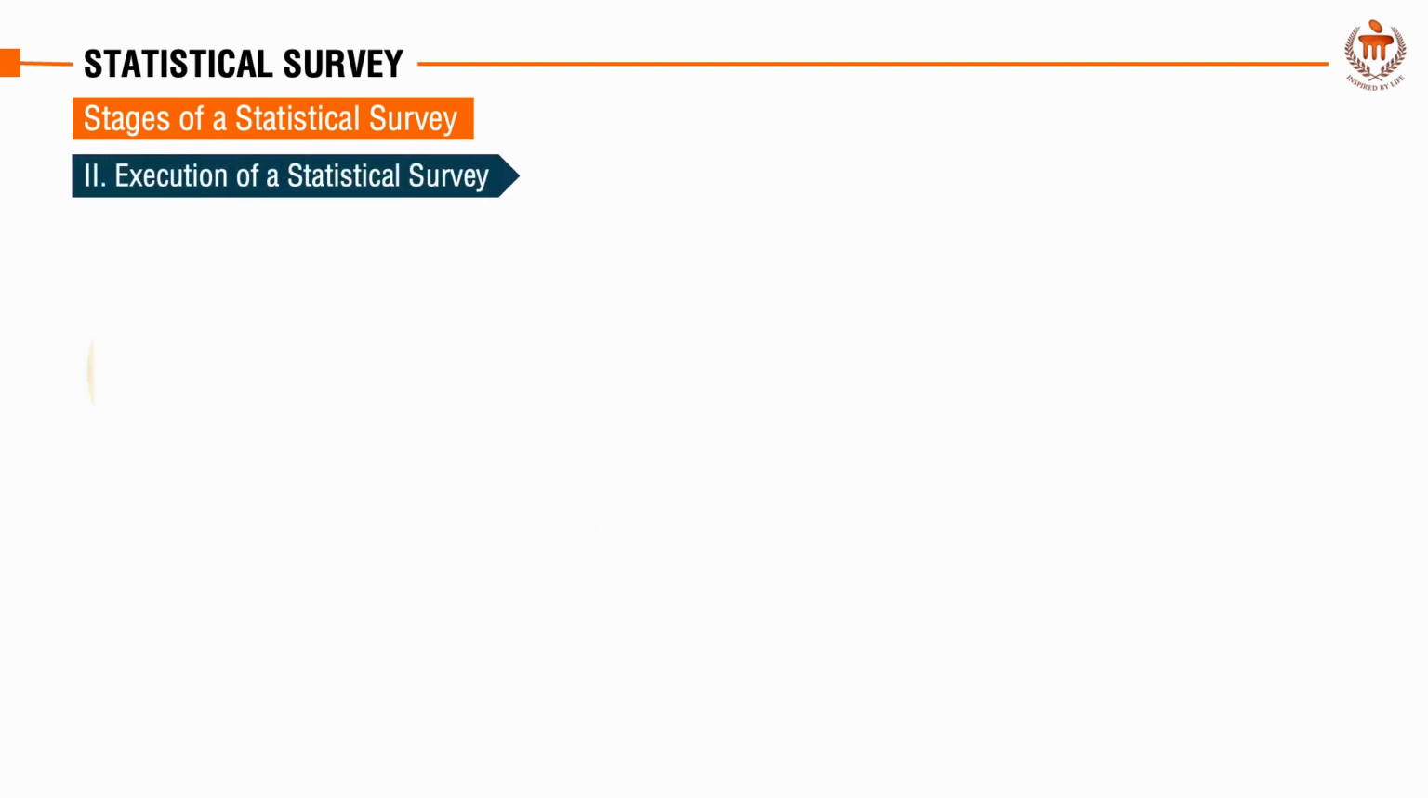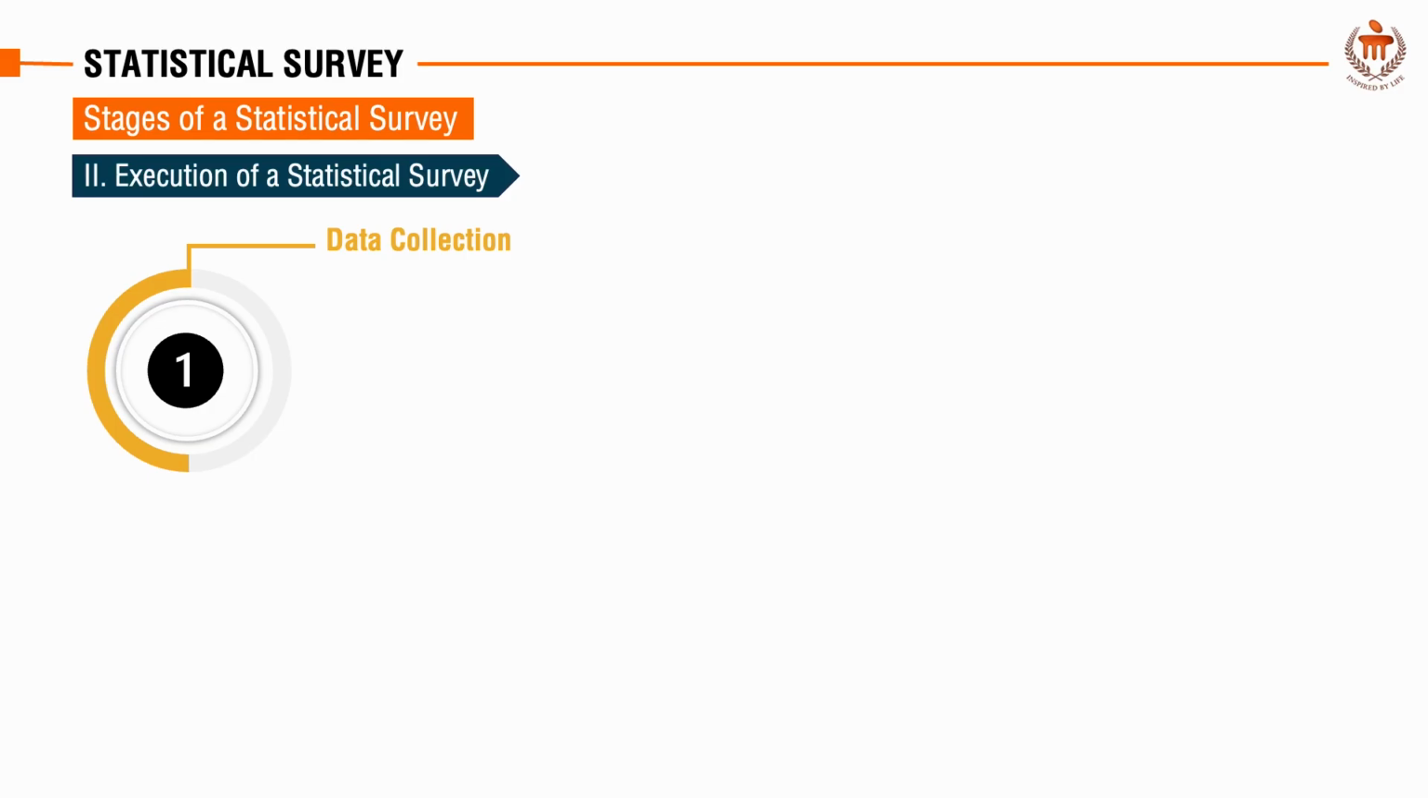Next to discuss is the execution of statistical survey, which encompasses five essential stages: data collection, data processing, data analysis, interpretation of result, and reporting the findings. So data collection involves gathering information from a selected sample using a predefined method, which ensures accuracy and reliability throughout